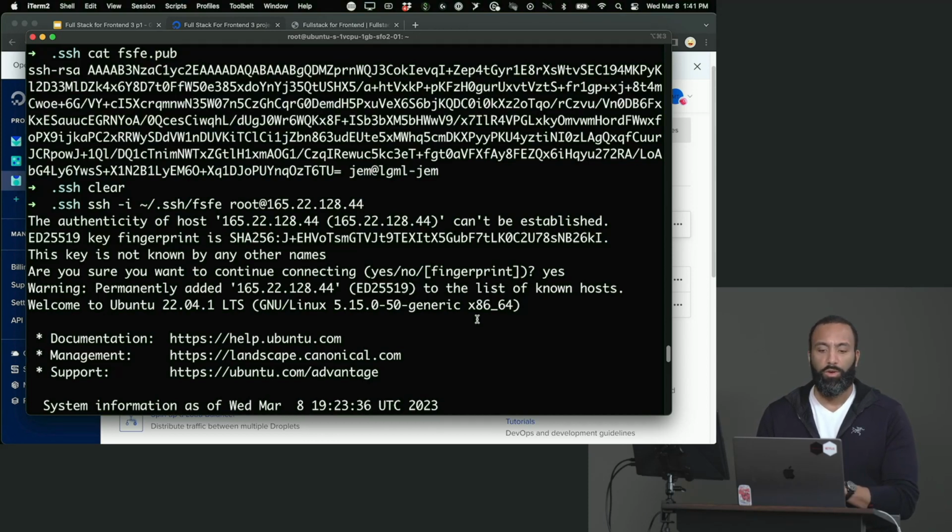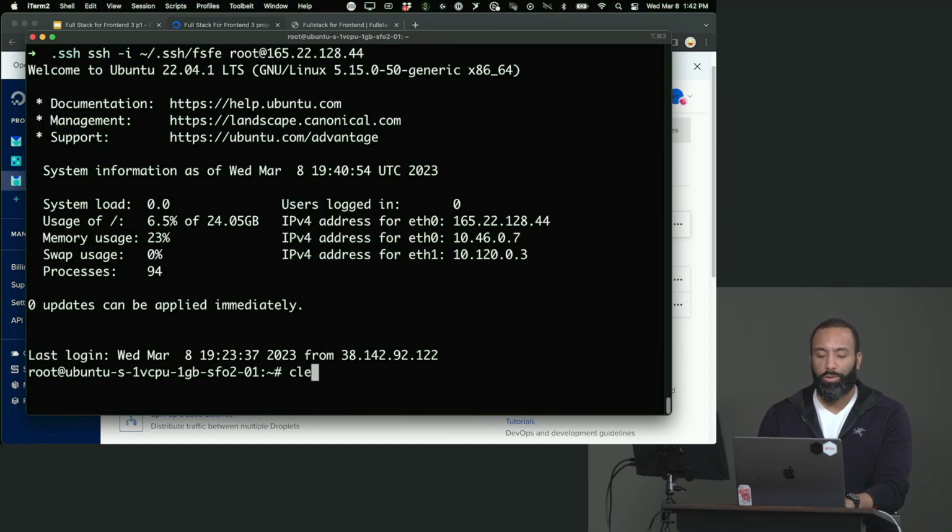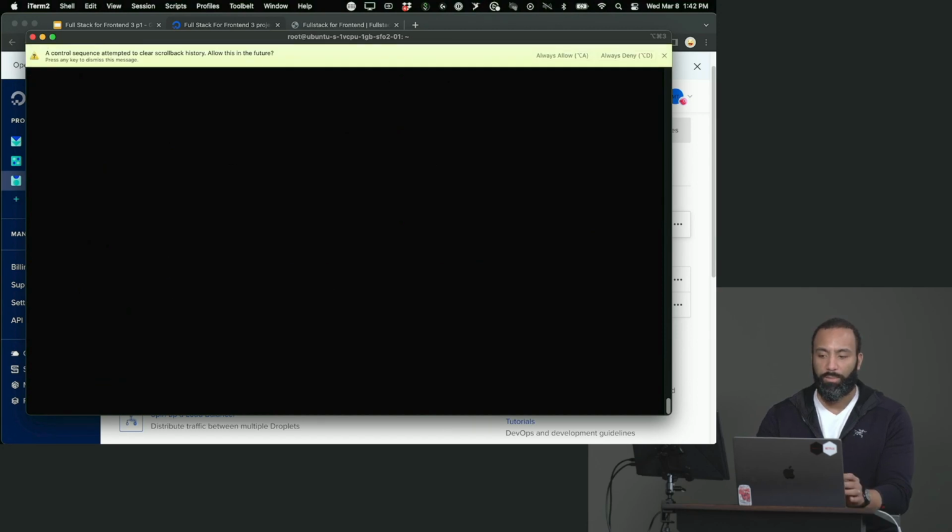So the first time you connect to your server, you're going to get a prompt like this. The first time you connect to any new server that you've never connected to before, you're going to get a prompt like this. You can generally say yes. If this ever happens and it's not expected, do not say yes, because then you have different problems at that point. And if you want to check out, this isn't really necessary, but if you want to see who all you've connected to in the past, we can look at the